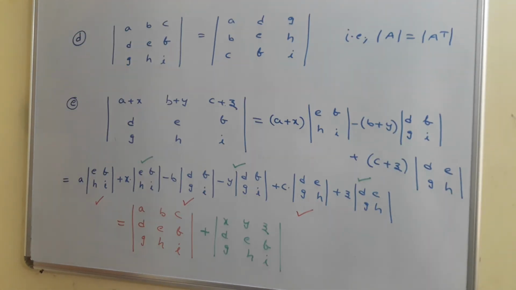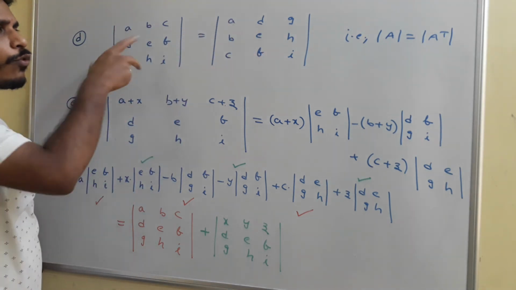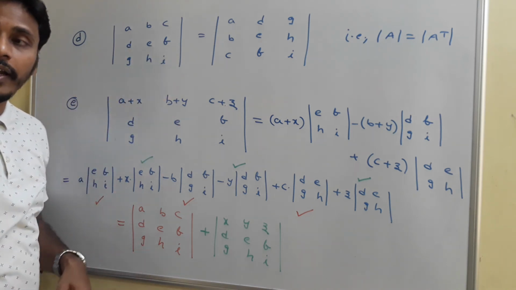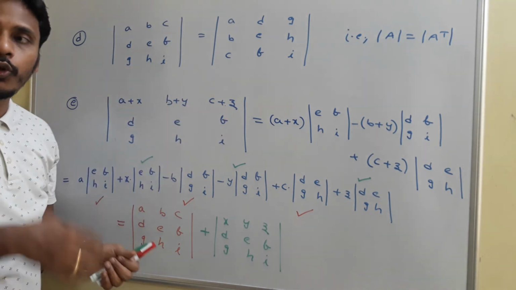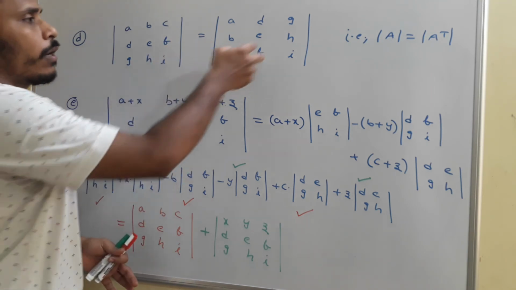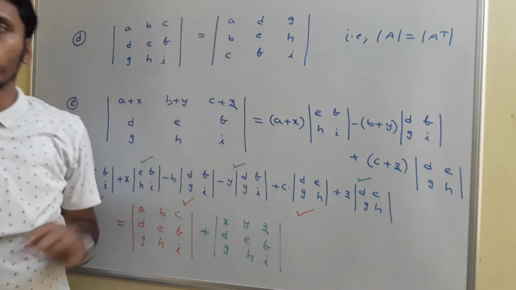Next thing, okay. So the next properties D and E. D is simply that the determinant of a matrix and its transpose are the same. If you interchange the rows and columns, no problem. Okay, we will have the same elements. Since while finding the determinant, there are two different ways: either you may move with the rows or you may move with the columns. Both will give you the same answers, and that's why the determinant of a matrix A and its transpose are the same. That is property D, the fourth property.